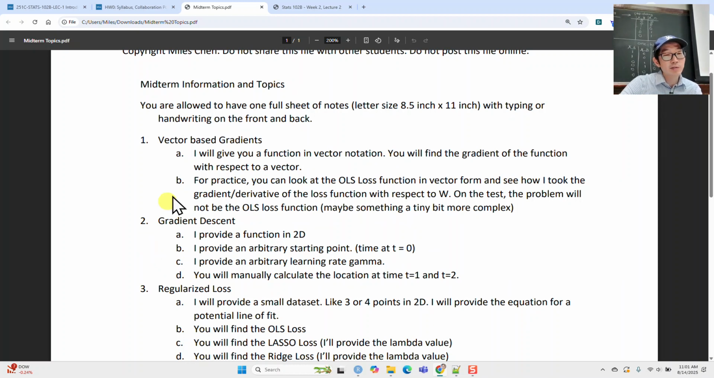Okay, so our first is just calculating gradients in vector notation, and so I'm going to give you a function in vector notation, and you will have to find the gradient of that function with respect to a vector. So in the notes, you have seen the ordinary least squares loss function in vector form, and you can kind of follow the process in which I've taken the gradient. Okay, if you look at the textbook, there's also examples of them working through calculating the gradient in